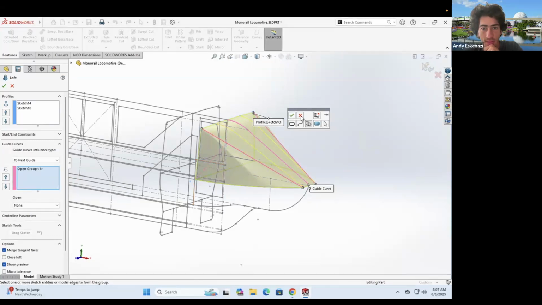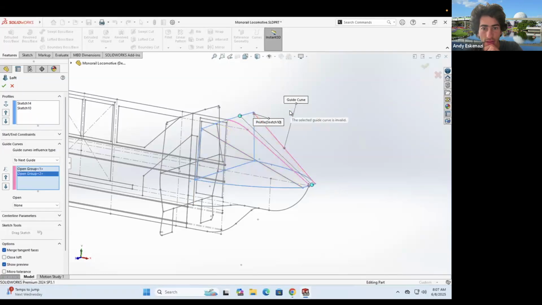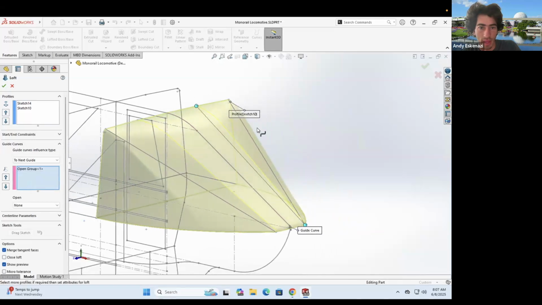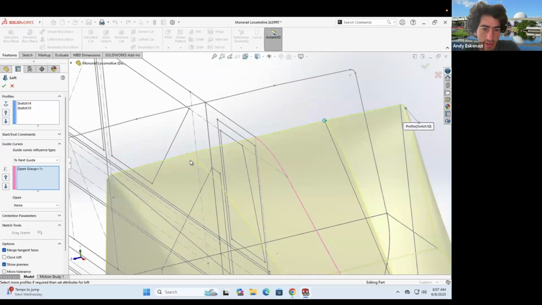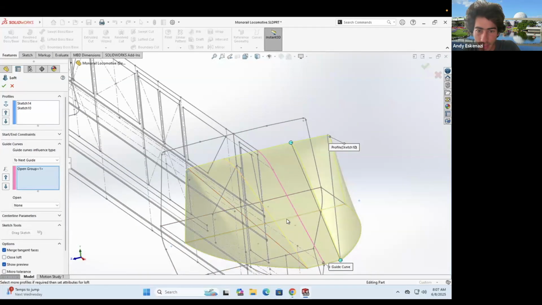Actually, I can add that one and say okay. I can add this one and say okay. But it doesn't look as good if I were to do that, so I can just get rid of it. The only problem about doing this is that it's gonna add just those two margins that go like that. But that's fine. That is just a product of